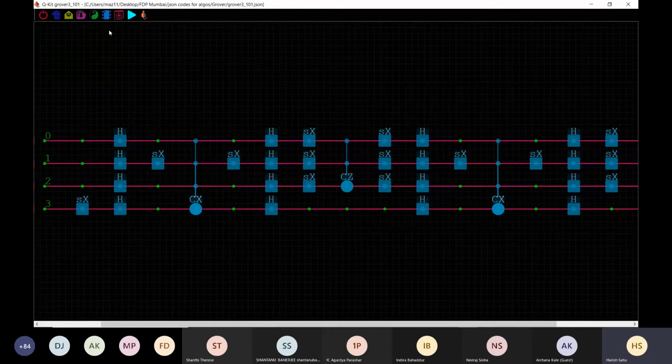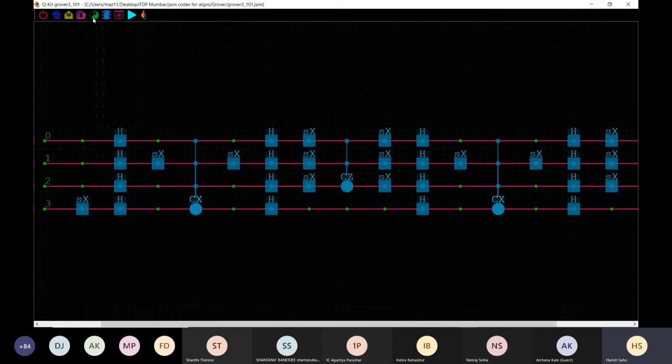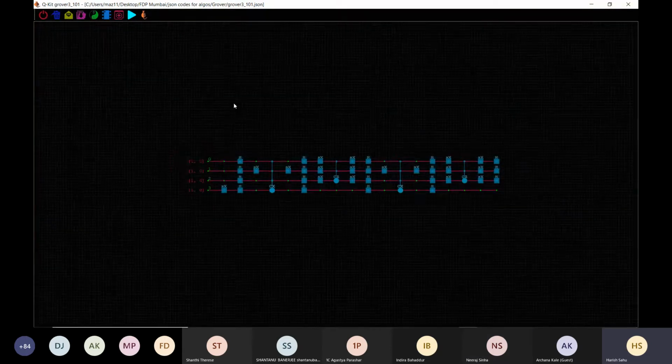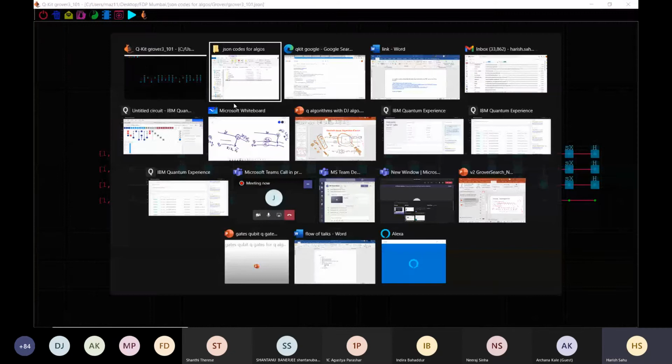is it also has this graphical GUI. So you can add the qubits, you can add these gates. Okay, you can save, you can add the number of qubits. So all options are there. It is a simple tool. So I have implemented this Grover's for you. So how it works? First, we will go to the Grover's again. Recap that. Okay.